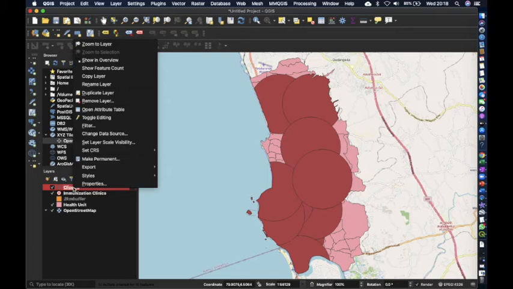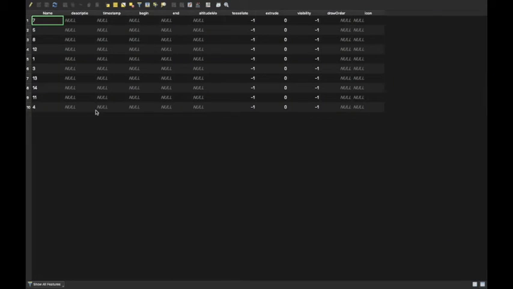Once you open the clipped layer's attribute table, you could see there are several columns which are not filled actually, but when we see this column, all the numbers are similar, so I do not need to enter the numbers again. I will use one of these columns which have the same number across all rows.